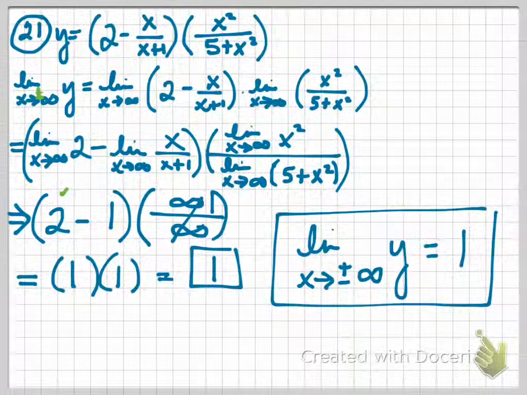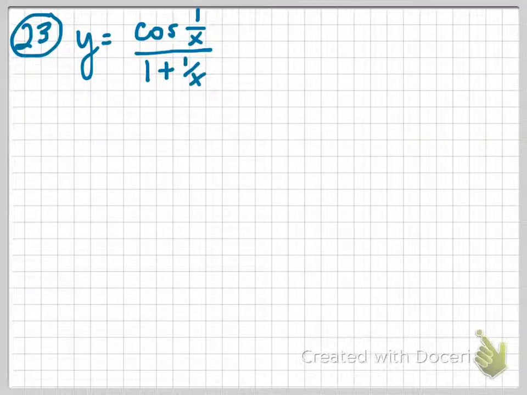Does that make sense? Another little tip for you that will save some of your sanity between now and the time you finish the AP exam. So back to number 23. What are we taking the limit of here? What is this when they ask me to do a limit? Limit of a quotient, right? Okay. So that means that this is what? The limit